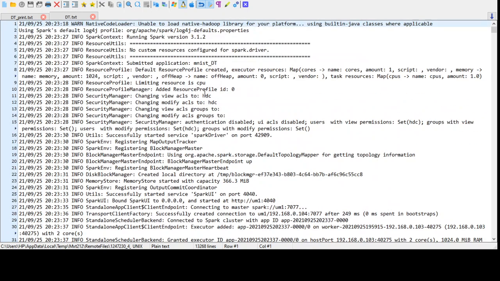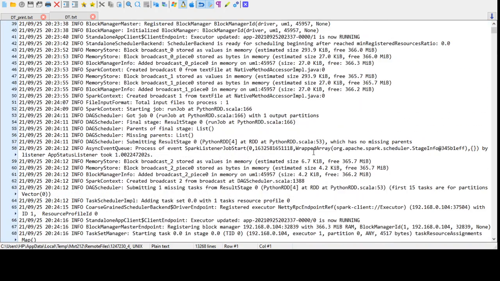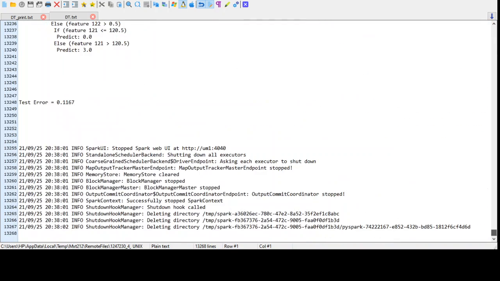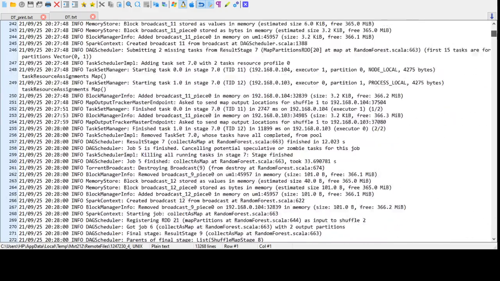This is the dt.txt file where you can see the logs and output. I stored it in dt.txt just to keep it for the records. You can see I have a lot of logs, around 30,000 lines. Too much log.